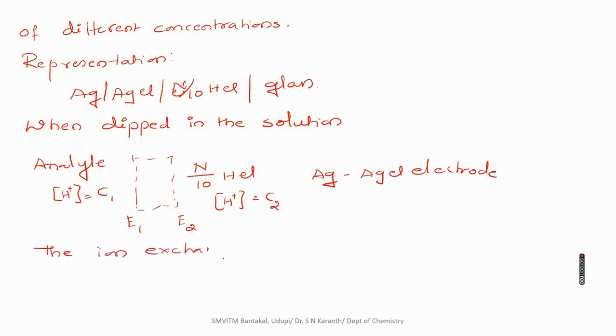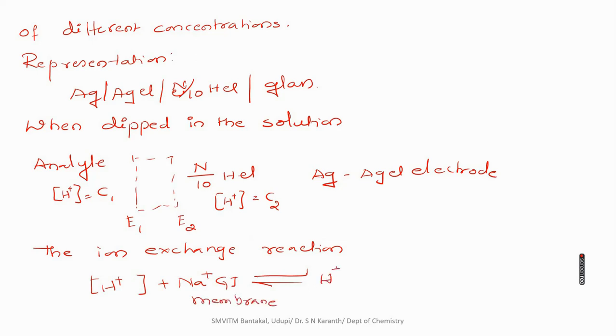In turn it is in contact with the internal reference electrode, the AgCl electrode. Here, an ion exchange reaction takes place inside and outside the bulb due to the difference in the concentration of the electrolyte. So, the H+ ion of the external analyte solution is in contact with the membrane, which contains Na+ ions. The membrane interacts with the H+ ion of the analyte solution and releases Na+, and the H+ ion is introduced, so Na+ ion is exchanged with an H+ ion.